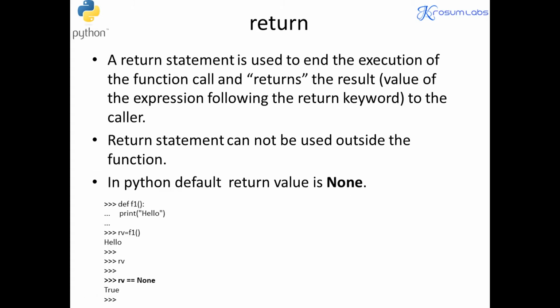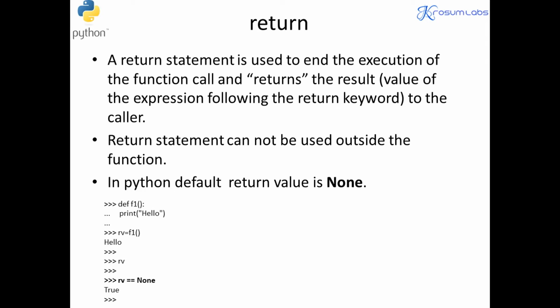So understand, when we use return, the data members inside functions are local data by default. I want to send the data to the main section code or some particular caller block code. In that case, I need to use the return keyword. Return followed by a variable or value. But if you do not use any return keyword, the default return will be None.